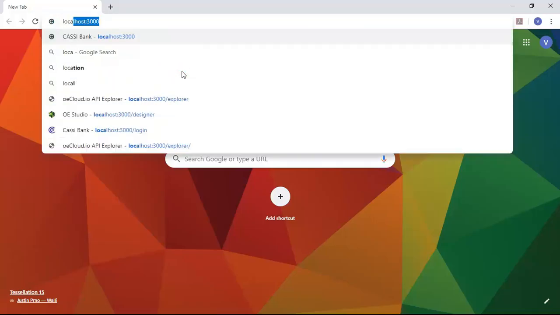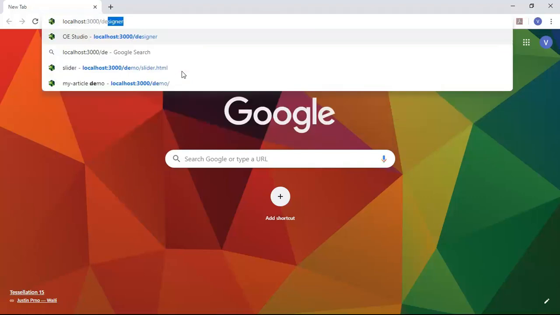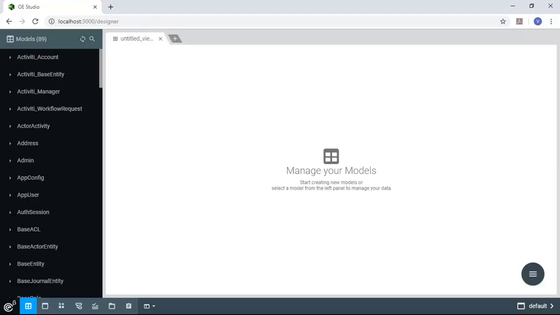Let me access localhost:3000/designer, to access the oeStudio. You can see that the oeStudio is starting, and oeStudio is a combination of several tools packaged under one umbrella. So it's going to load all the tools. You can see that the oeStudio is loaded successfully, and that it's made up of several